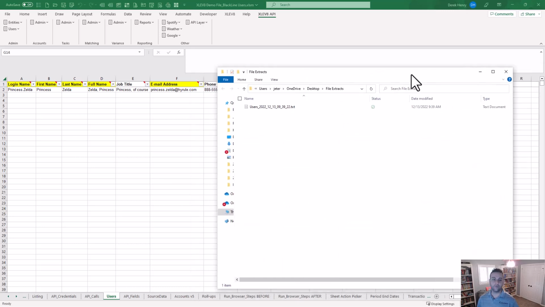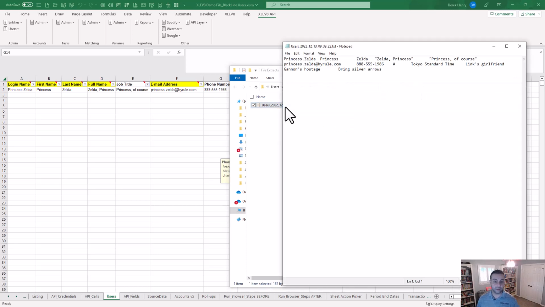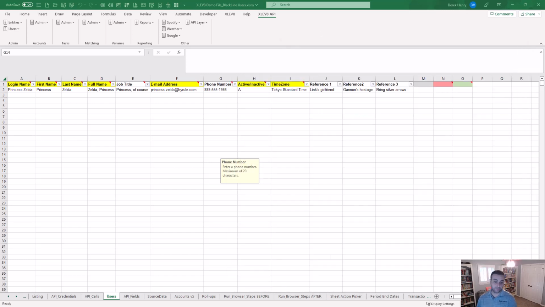This is a file that we just exported. Notice that timestamp is right now. When you open it up, this is the structure that you need, right? It's got everything tab delimited in a text file. That works for pretty much anything, not just the users tab, but really anything in the import workbook or anything